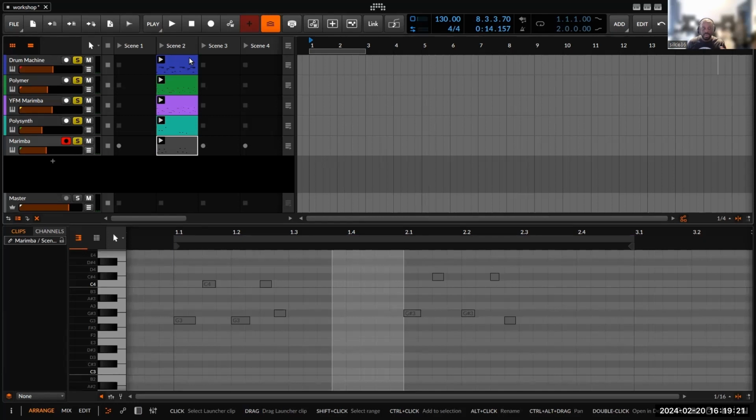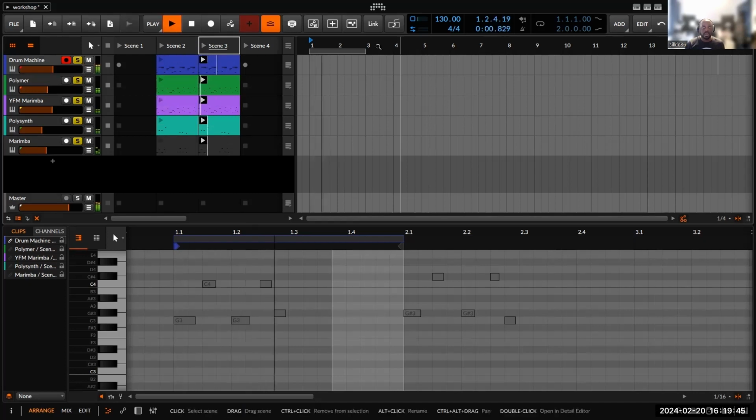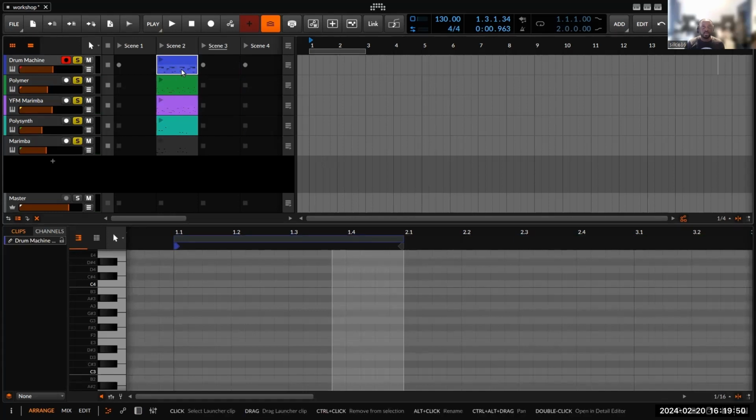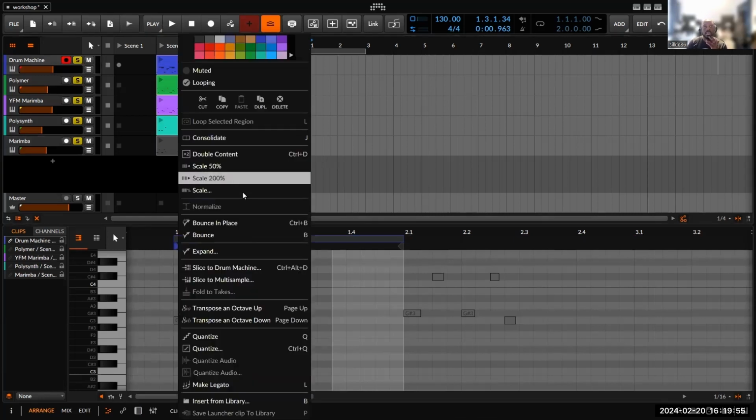So at this point in the track, I'd start thinking about variations and how I could try and build this out a little bit more. First thing I would do is if you click on the top here and you hold control, it would be command on a Mac maybe, you can drag this across and make a copy of all of this, and work on that. But what I like to do is if I select everything here and I right click and I go